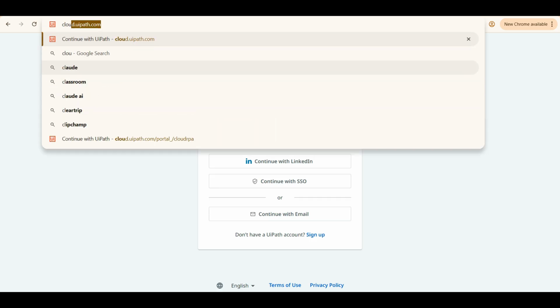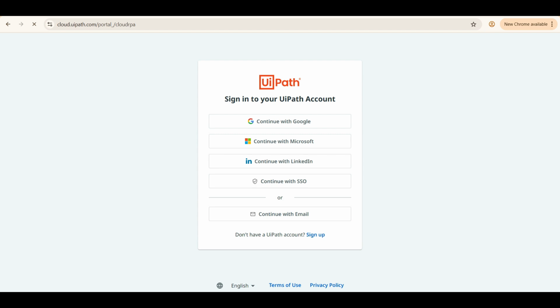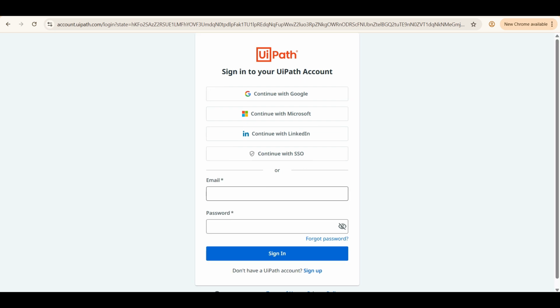The very first thing you have to do is visit cloud.uipath.com. This is the URL for visiting the Orchestrator. Then the very first step, if you have your login ID, you just log in with these options. It could be Google, Microsoft, or your authenticator SSO. Or if you have a user ID directly with the cloud Orchestrator, you can also log in with